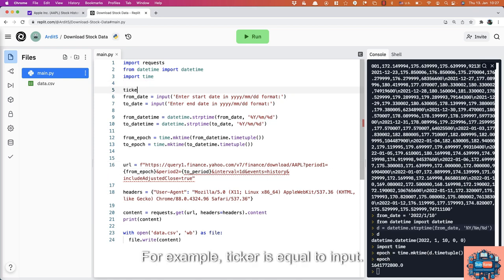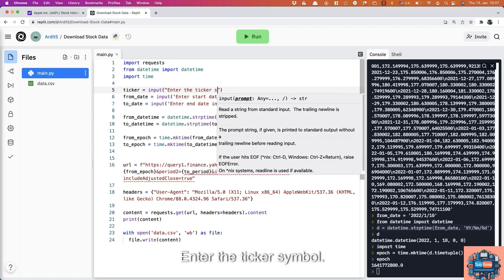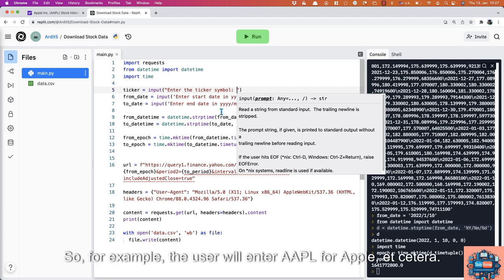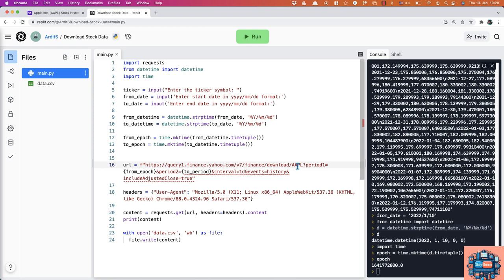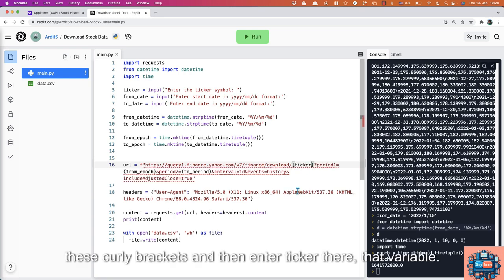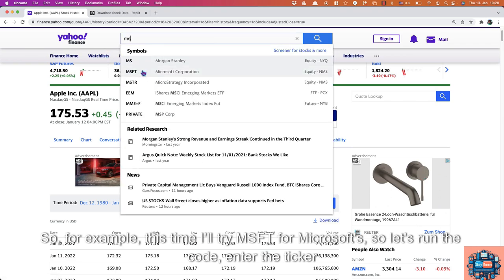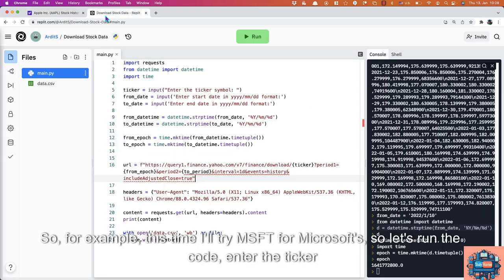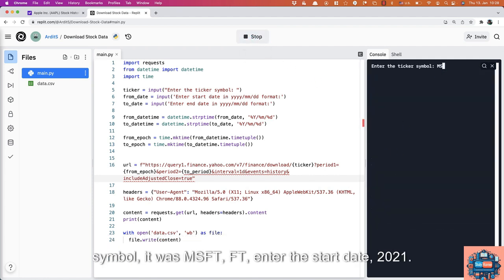And of course you can also make the ticker symbol dynamic. For example, ticker is equal to input, enter the ticker symbol. So for example, the user will enter AAPL for Apple, etc. Therefore we need to replace AAPL with these curly brackets and then enter ticker there, that variable. So for example, this time I'll try MSFT for Microsoft. So let's run the code, enter the ticker symbol, it was MSFT,